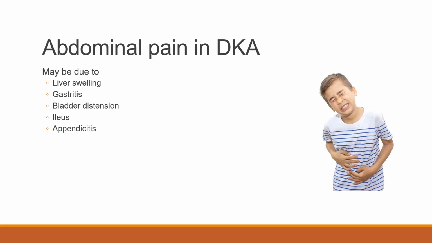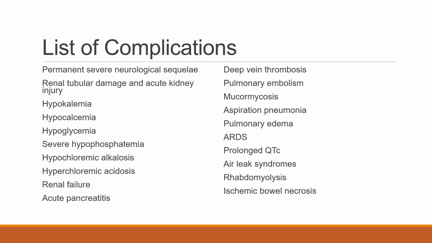Abdominal pain in diabetic ketoacidosis may be due to liver swelling, gastritis, bladder distension, ileus, and appendicitis. And there is a list of complications that can happen at any point of time in the management of diabetic ketoacidosis, like permanent severe neurological sequelae, renal tubular damage and acute kidney injury, hypokalemia, hypocalcemia and hypoglycemia, severe hypophosphatemia, hypochloremic